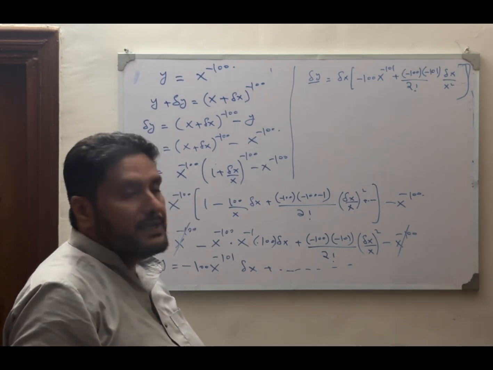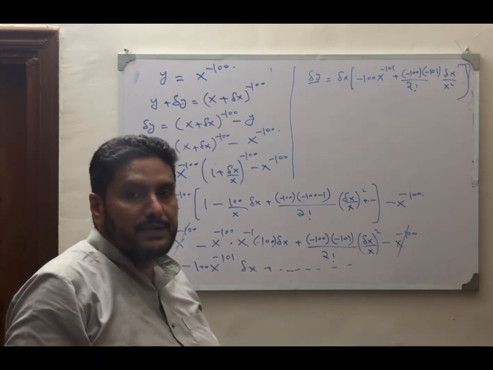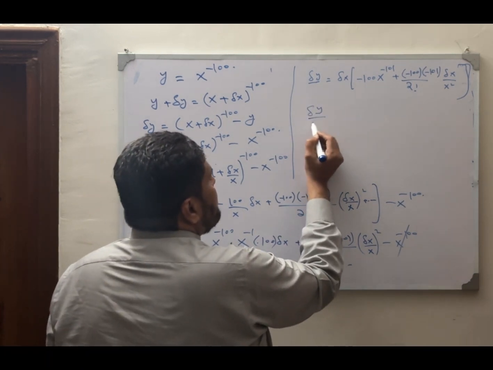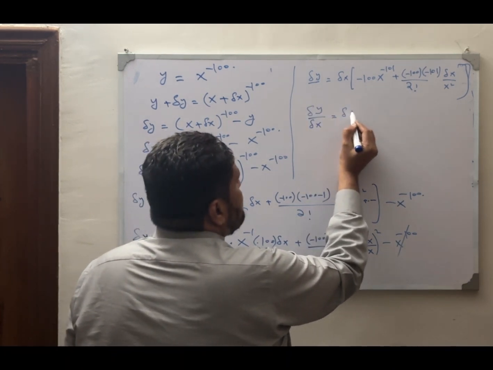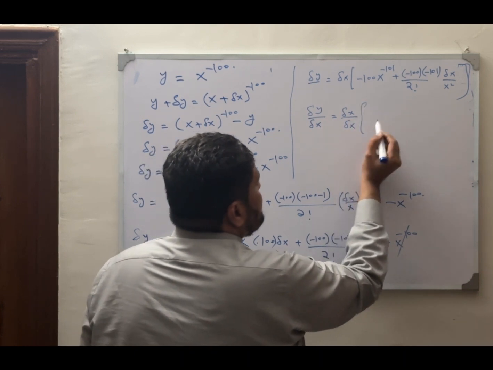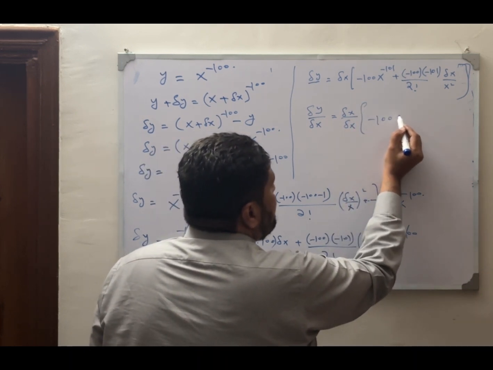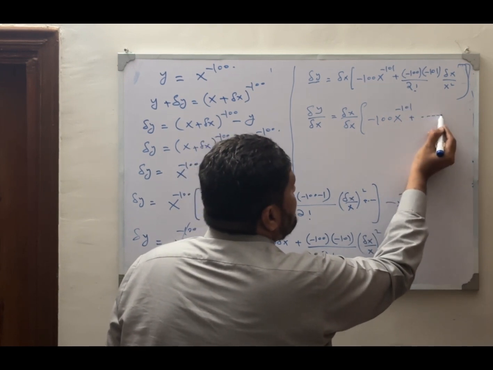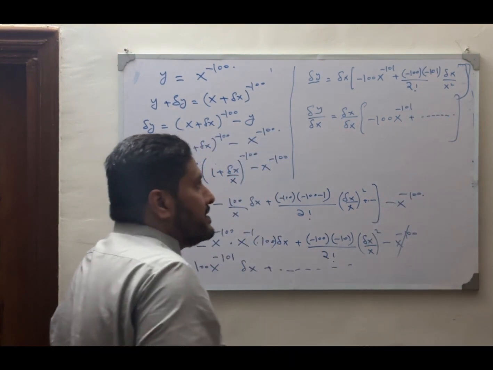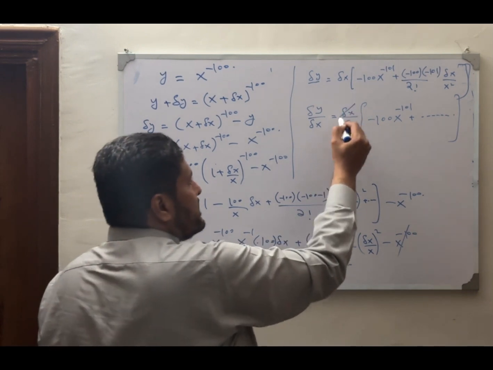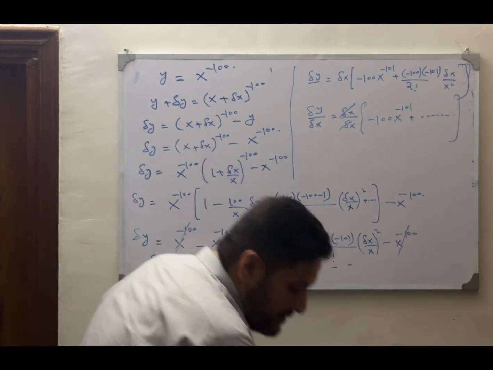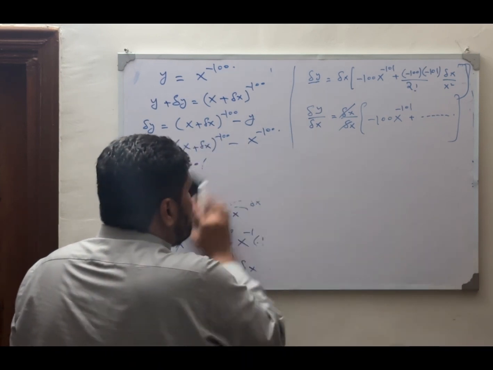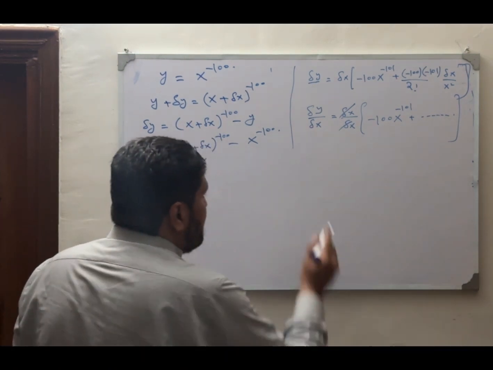Now by dividing it by delta x on both sides of the equation, we have delta y by delta x, that is equal to delta x by delta x into minus 100 x power minus 101 plus remaining term will be taken as it is. So this will be cancelled, and in the last step, by applying the limits on both sides of the equation, we have limit